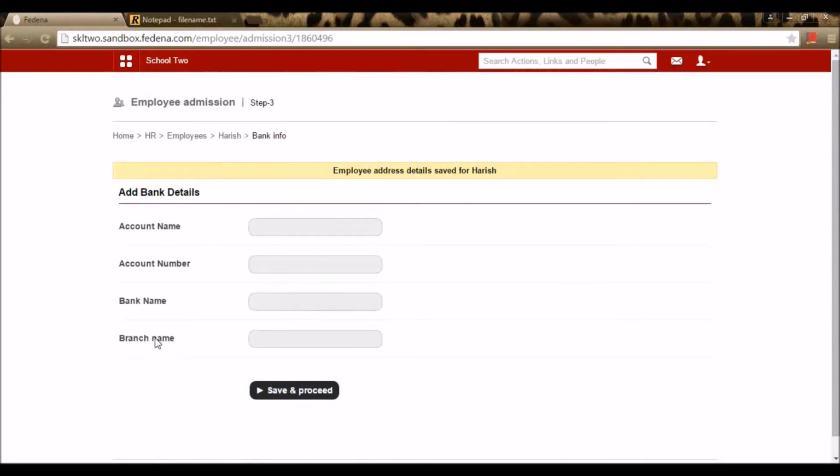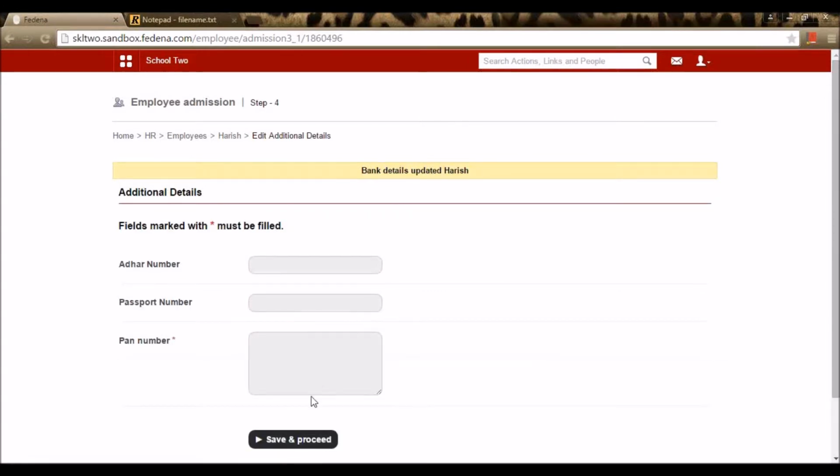Here this particular field was created by us in the settings. So the bank detail that we created in settings is available right here. So now I need to enter the bank detail of the employee right here. I can enter the account number here, and the account name, and any bank name and a branch name. So once I'm done with it, I'm saving it.